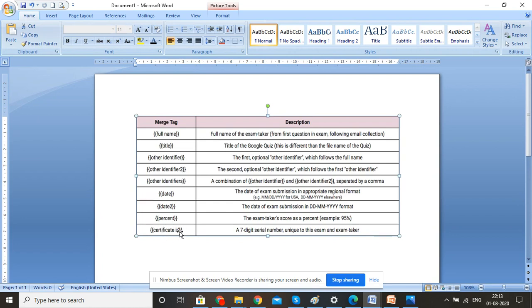And certificate ID, if you want to give a unique ID for each and every certificate, if you type certificate ID in the corner using a text box in the slide, whenever the certificate is generating, it will give a unique ID for each participant. In that way only we have to link the certificate with your feedback link. Thank you.